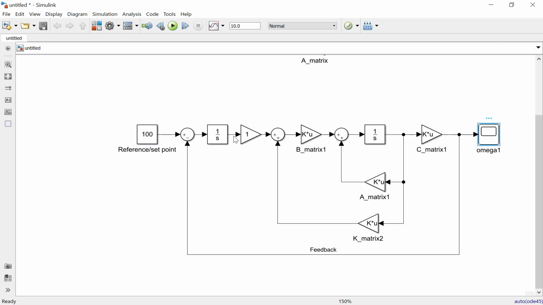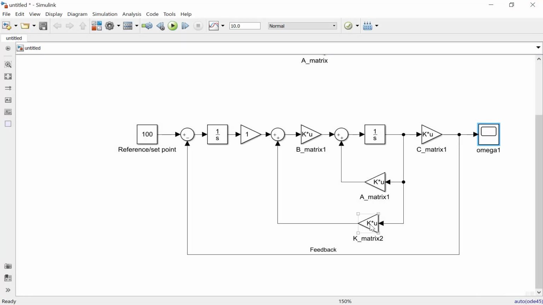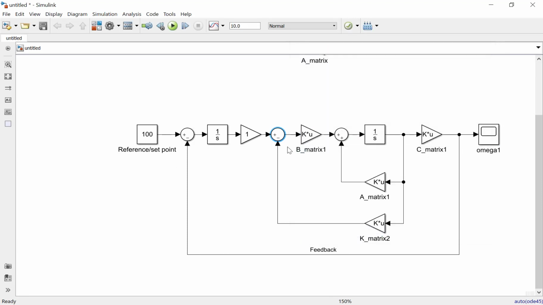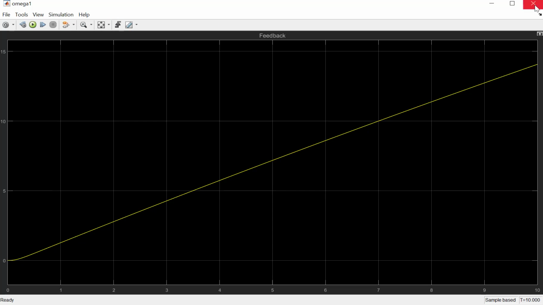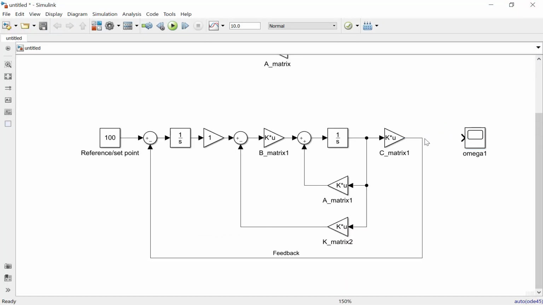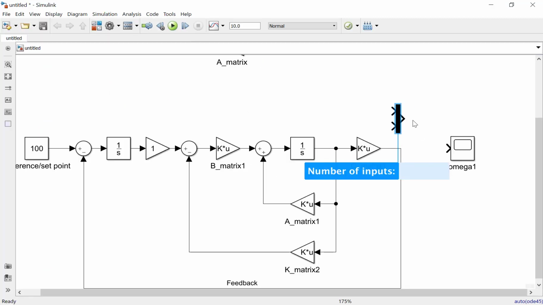Okay, we will see the system response. Okay, it is not stable. Okay, we need to change this sign to be minus here. This is minus also, and then we can simulate. Okay, we need to compare the set point and also the system output.